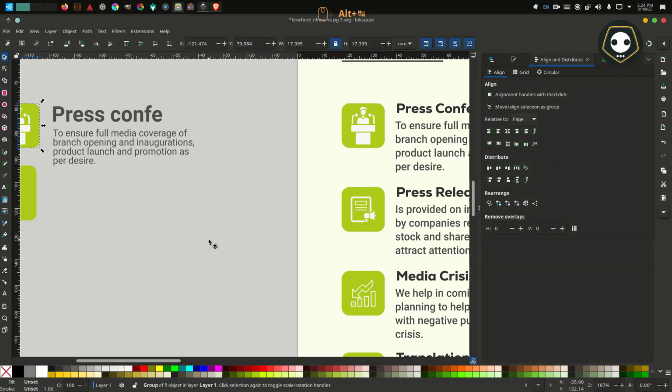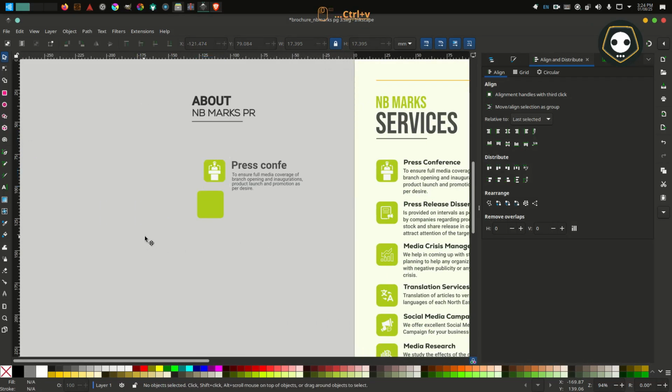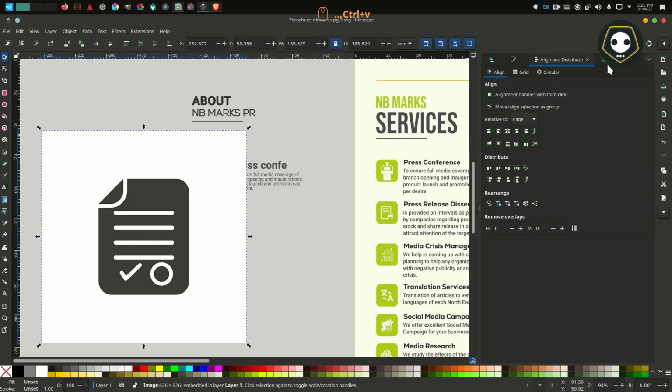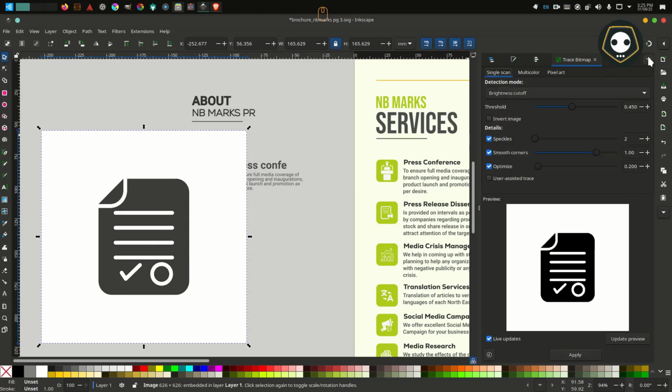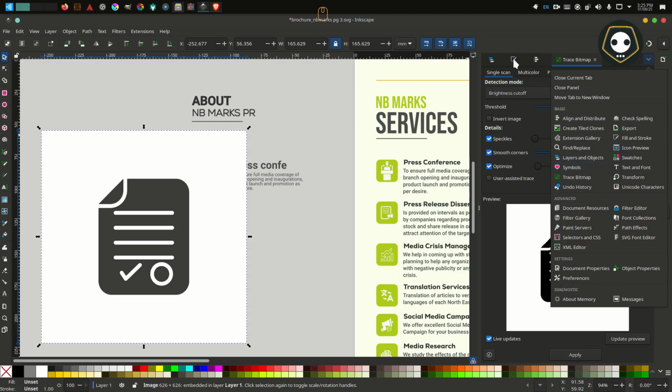Copy the image and go to the file, paste it in here. So placed it here. You can see here the trace bitmap.